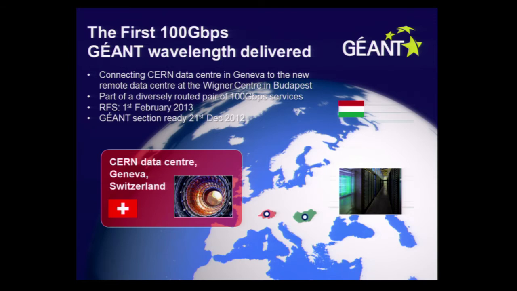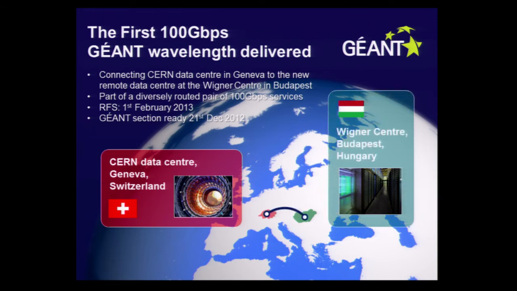The first 100 gig was delivered from Geneva to Budapest for CERN. Most of our planning for the Infinera kit in the first stage was so that we could deliver this service. The first service was delivered on the 21st of December 2012, last year. This was the very first 100 gig service that we delivered, and all our efforts were to make sure that we could deliver it on time, and that's why the migration stages changed a lot, to make sure the service was delivered.